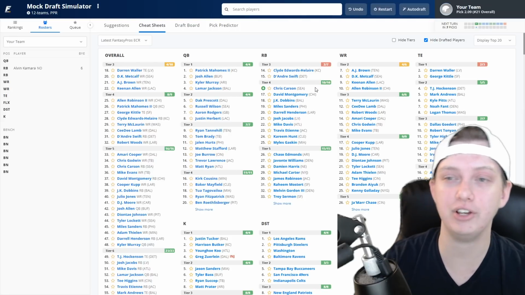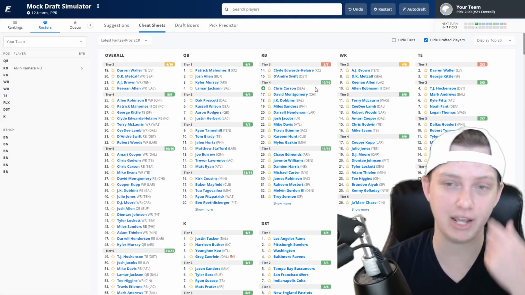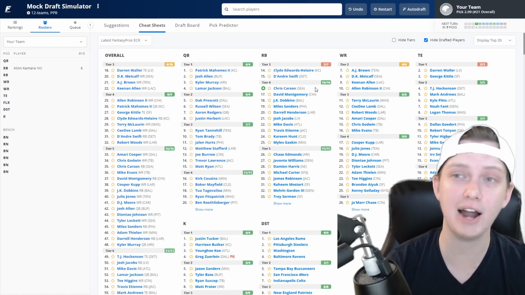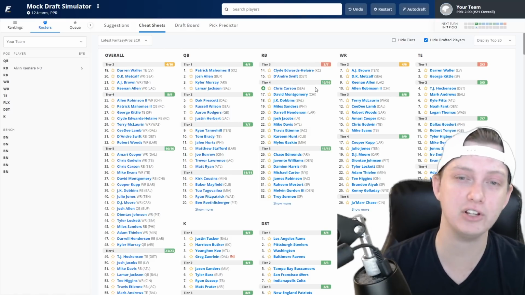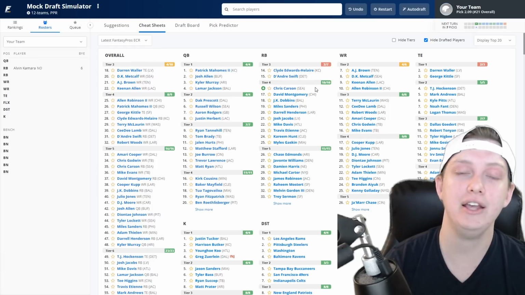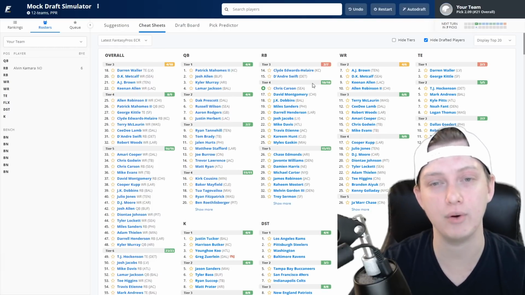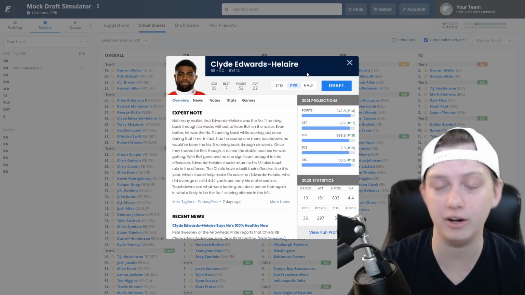Clyde Edwards-Helaire. Looking at wide receiver, A.J. Brown, DK Metcalf, Keenan Allen, Allen Robinson, Terry McLaurin, CeeDee Lamb, a lot of wide receivers that I like, but I feel as though the running back room here is a lot less deep at this point in the draft. So here we are going to end up going running back and going with Clyde Edwards-Helaire, running back of the